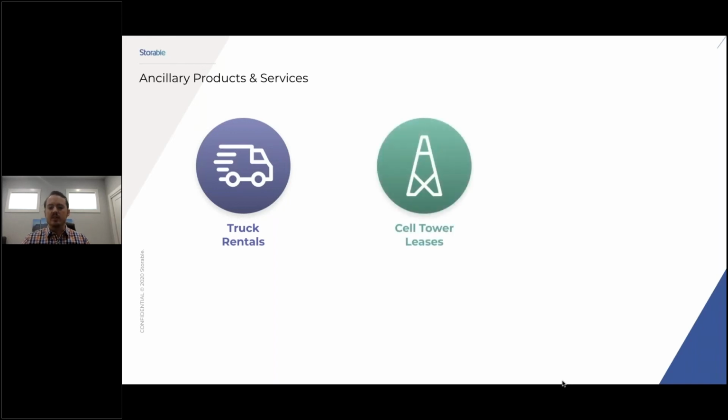Second is cell tower leases. And this is one of the passive forms of income that we discussed a moment ago. The really simple idea here is that cell service providers will pay you a monthly fee to install towers on your facilities. And most of these providers have standard rates that they'll pay nowadays, typically around $1,800 to